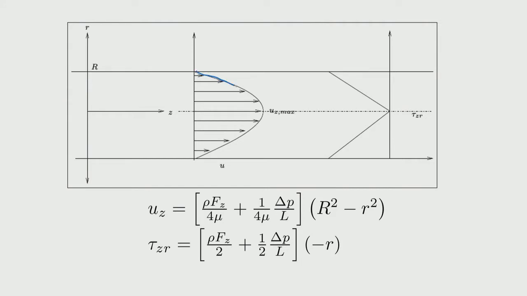So, this is the plot we are trying to show. Which means that in the tube at the center is the maximum velocity, and at the walls it is 0 velocity, and the slope at the center will be 0, and the parabolic is the nature of the velocity as a function of r in the tube.